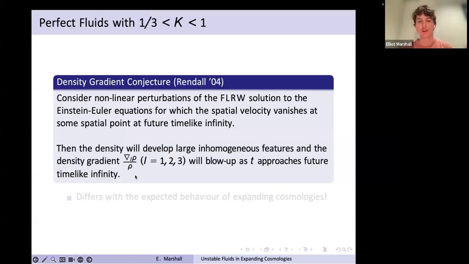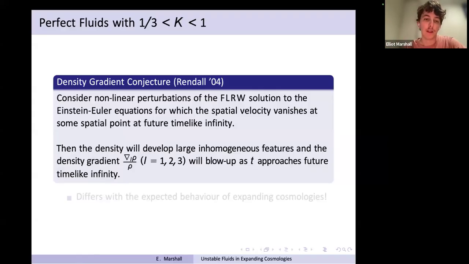Okay, so that's a lot to take in. But the first thing is, well, in what sense is this an instability? Well, on a spatially homogeneous spacetime or an FLRW spacetime, this quantity, the density gradient, has to be zero. So if this quantity is blowing up or becoming arbitrarily large, in some sense, we're becoming arbitrarily far away from our background. And moreover, we're actually developing large inhomogeneous features in the density,